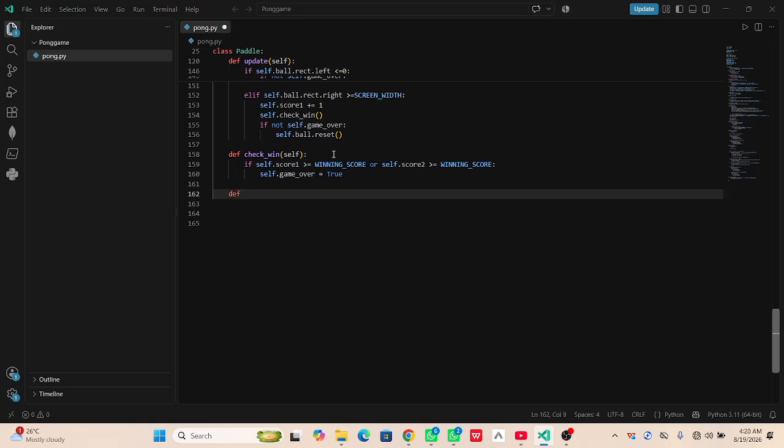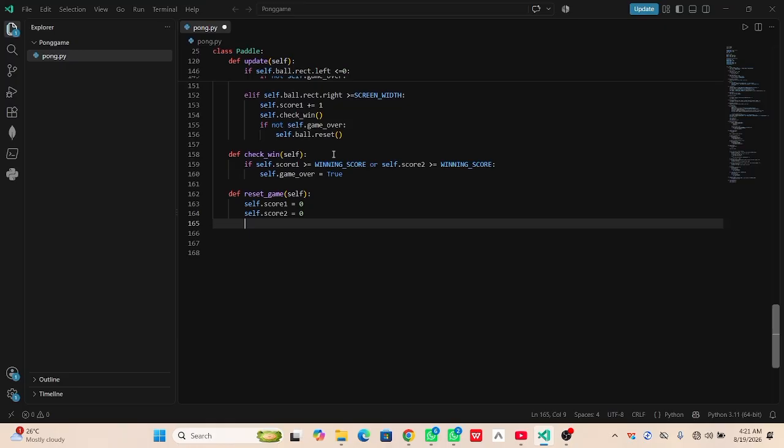So this div is to reset the game. So for this, self.score1 is equal to 0. self.score2 is equal to 0. self.ball.reset, then